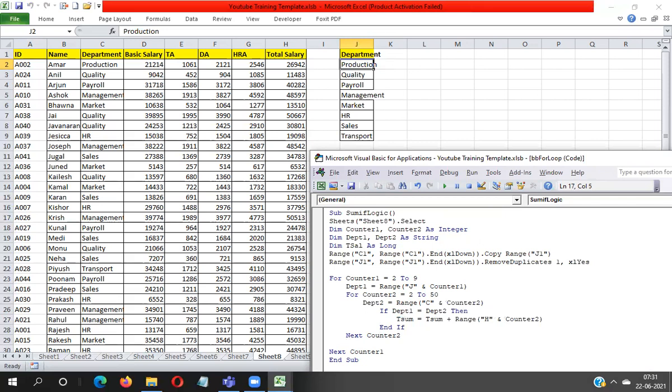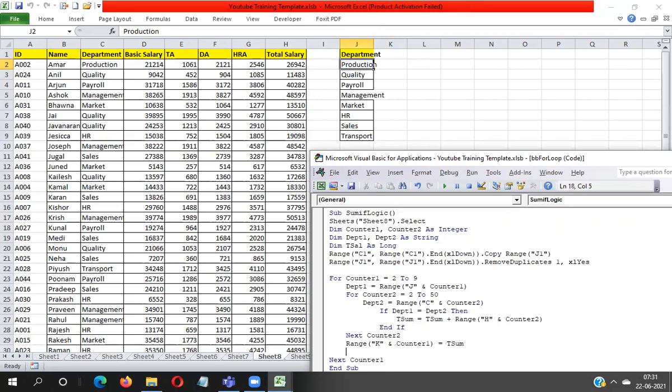So range K concatenate. Here I have to take counter 1 because counter 1 is working on J column. So I have to take here counter 1, 1 bracket close, then store the value T sum.